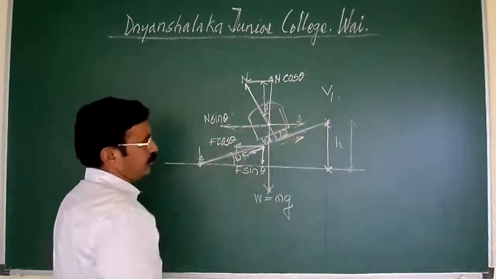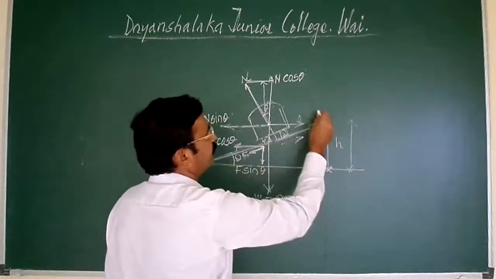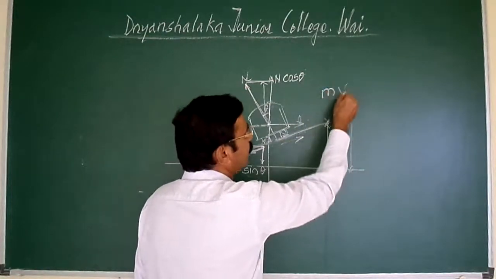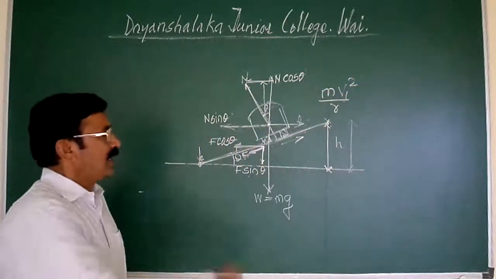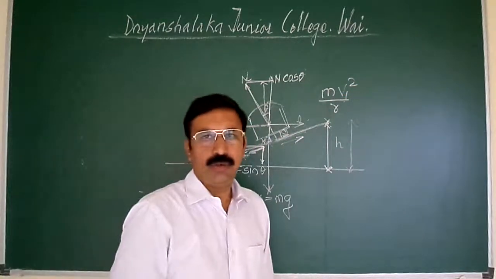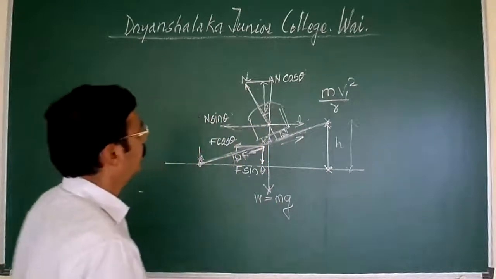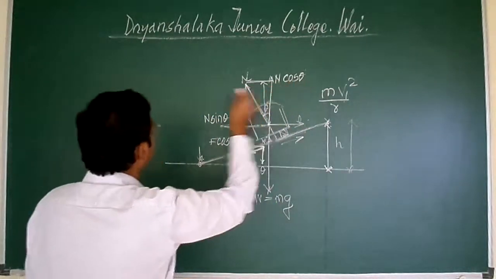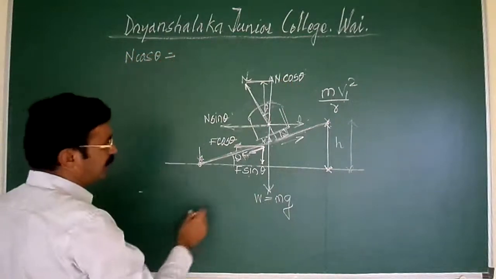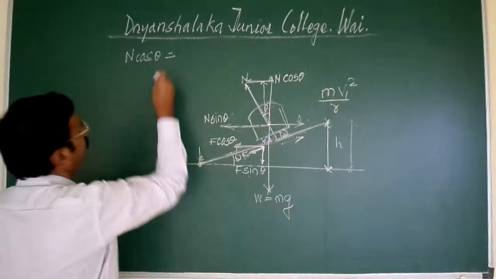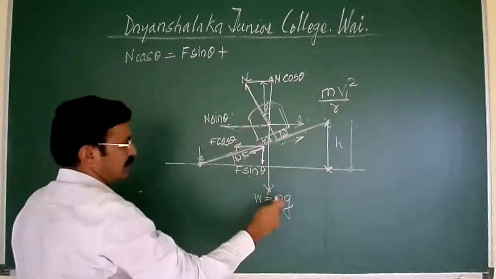The outward force is the centrifugal force, and it will be given by m v1 square upon r. Now in equilibrium condition, we can equate the forces as the force n cos theta is balanced by two downward forces, F sin theta plus mg,